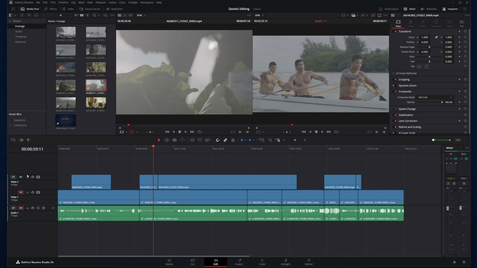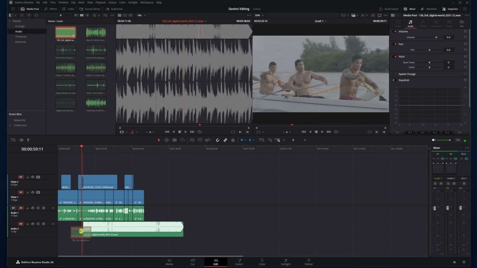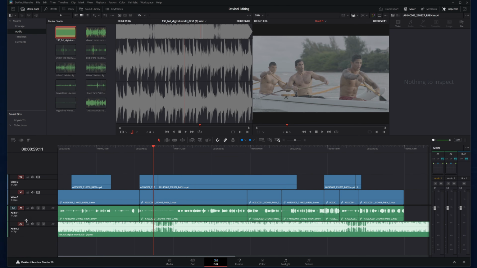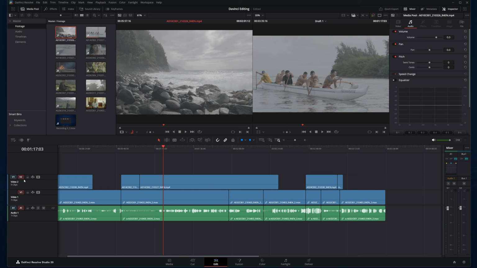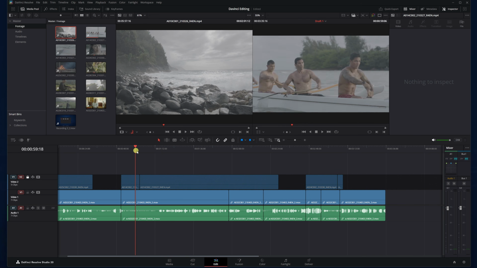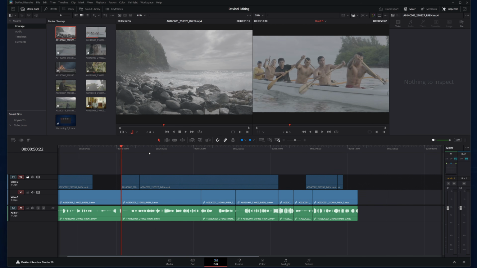Another option is you can lock the track. I do this a lot with music tracks. Once you put down music, when you're making your edits and changing the length of your film, if you lock that music, you won't accidentally cut that track up as you edit. So I can lock the B-roll, but look what happens here. If I do an edit, my B-roll and interview clips lose their sync.